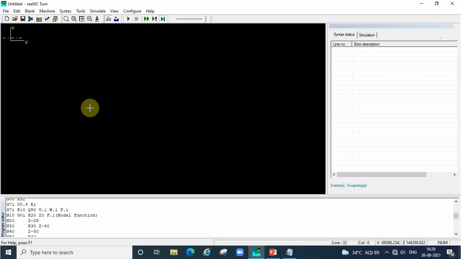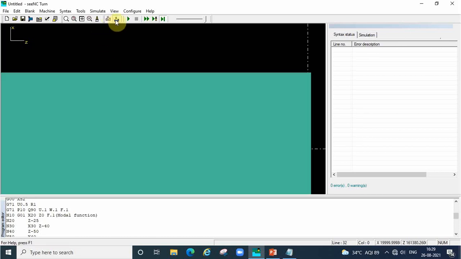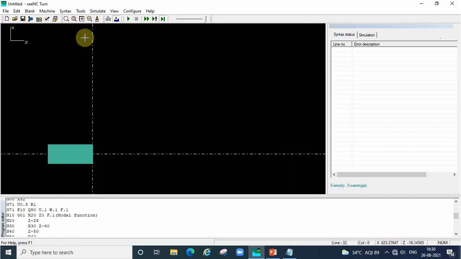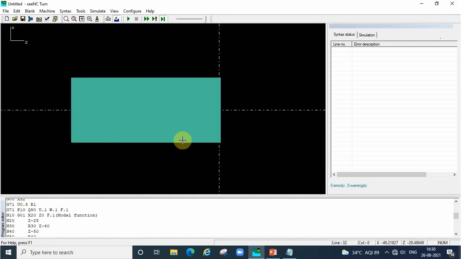Now that raw material is not visible, select a line command and then solid mode. The raw material is displaying at the maximum size. To minimize that, we are using some zooming commands. Select this icon, job will be minimized. If you want to zoom the component, click here and click at one corner diagonally outside, drag it, click another corner, we will get the profile clearly.